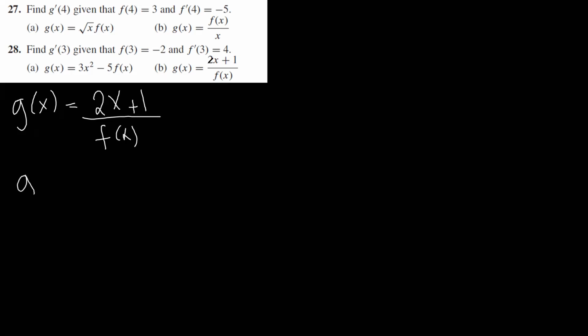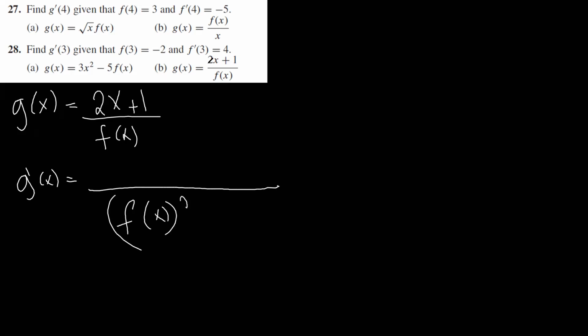So g prime of x will be, the first step, you have to put f of x squared. Then f of x times